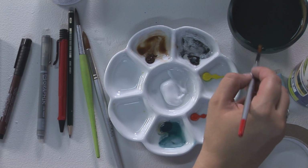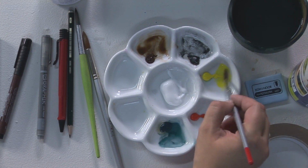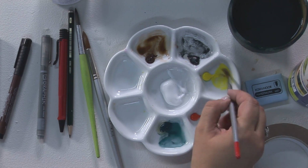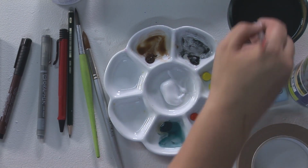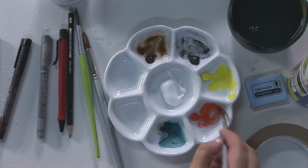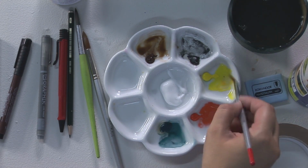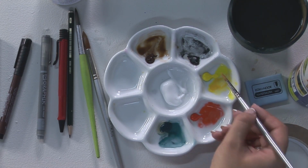Moving on to the nice bright orange chest, which is obviously synonymous with being a robin. I've got Azo yellow, which is very bright and fluorescent, but I want my Christmas card to have a little bit of oomph. I don't want it to be too pale. And I've also got Pyrrole orange, again, a lovely bright colour. And if I want to, I can always incorporate a little bit of the brown with it if I need to dull it down. So I'm going to start off by picking up the yellow on my brush and then